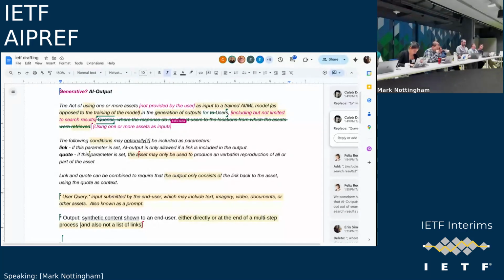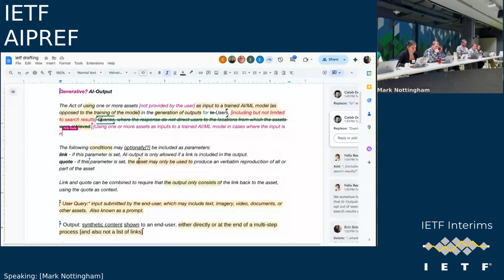the feedback that I'm hearing a lot, and it's been circulated a lot, is around whether this is search-centric or not. We've tried to push back on the idea and said, hey, this is not search-centric, and it covers a lot of different scenarios. There's still much work to be done on this draft, for example, to define what exactly an output is and things like that. But as an effort to bring the drafts together, it's a start. There's still much work that we need to do to iron things out.